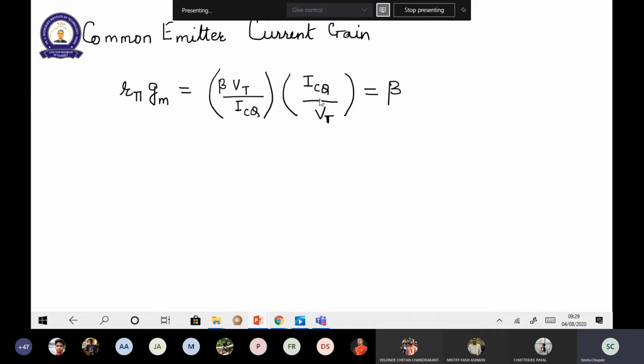Fine. So GM is nothing but the transconductance, not transconductance, it is conductance. So GM is a conductance, referred to as output current upon output voltage. You have to remember this parameter in the two-port network. So, any doubt? Ma'am, R pi should be inversely proportional to GM, no? Correct, yes.